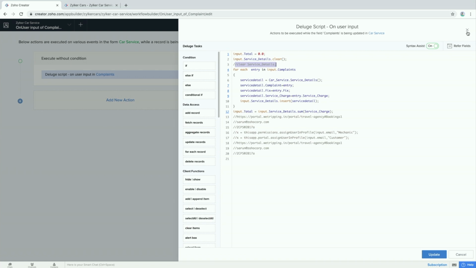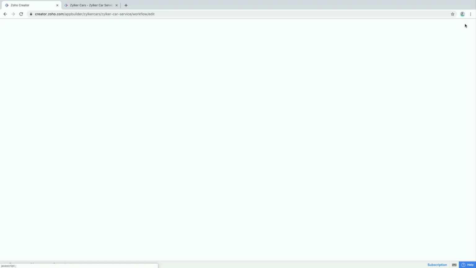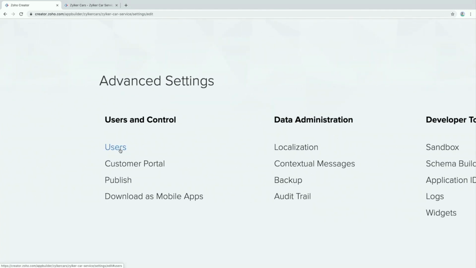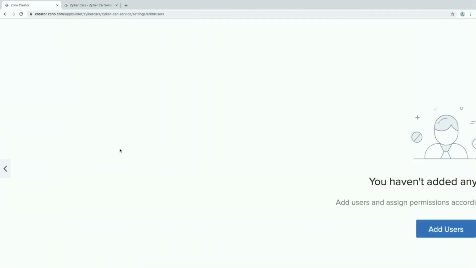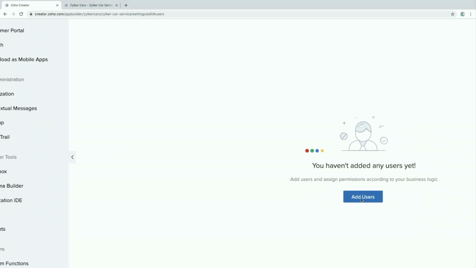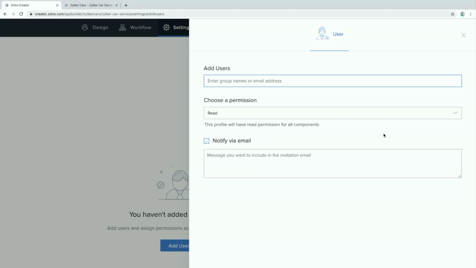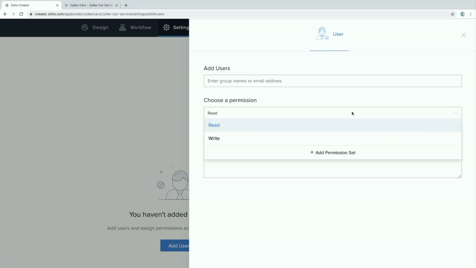All right, again, the same application. We are coming out of the app builder, and we are going into settings. And in settings, you have users. This is where we are going to add the users. When you click on add user, you'll have to provide the email address of the user and then select which permission the user is going to be associated with. By default, you have a read and write permission set. With read permission, you'll have access to all modules, but only read-only access. With write permission, that's a default permission, you simply have write permission on all modules.